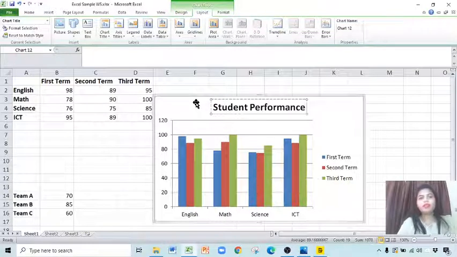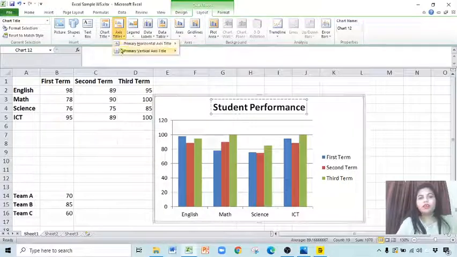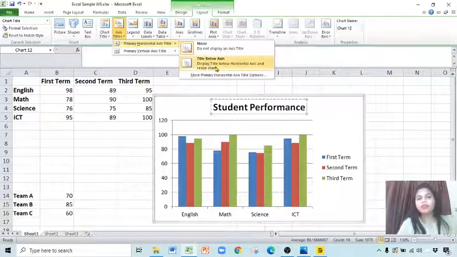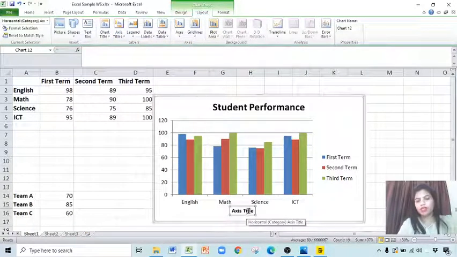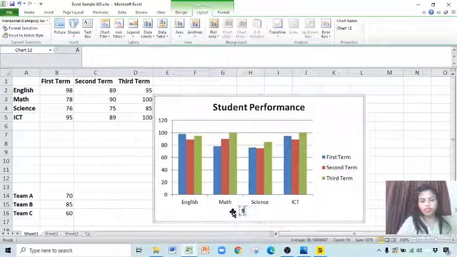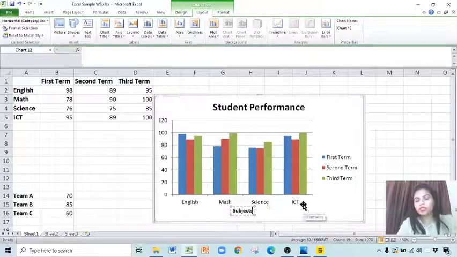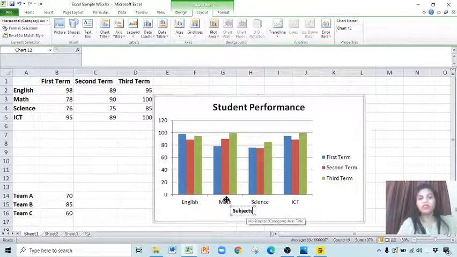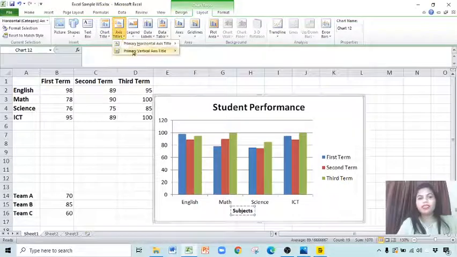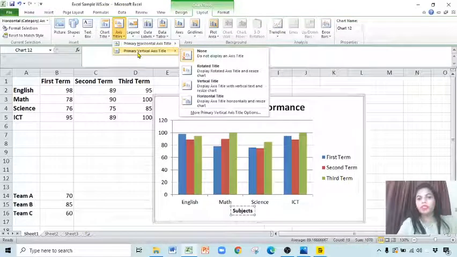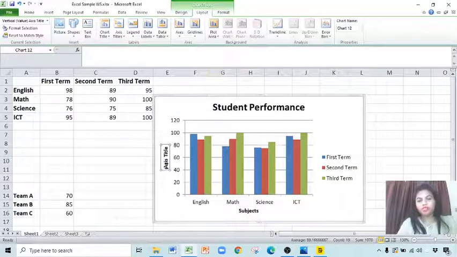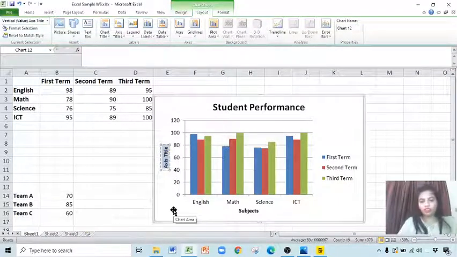Then the axis title, horizontal axis title below the axis. Here I have subjects, so the title should specify what the value is, so the title should be Subjects. Then again the axis title, vertical means the y-axis title. Just click on that, highlight and change it. These are the marks.